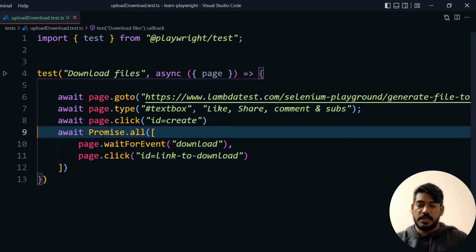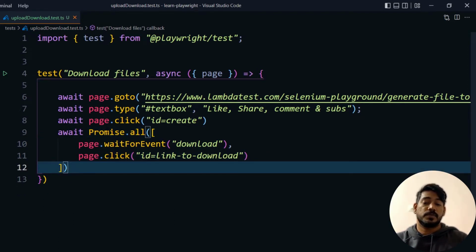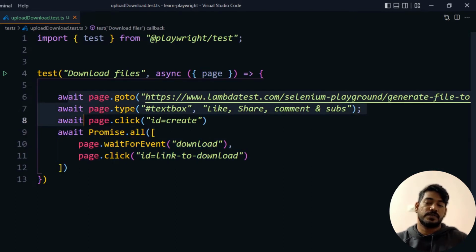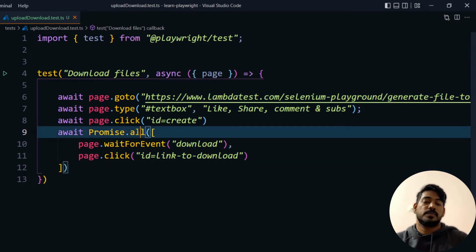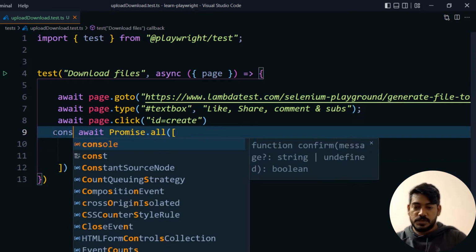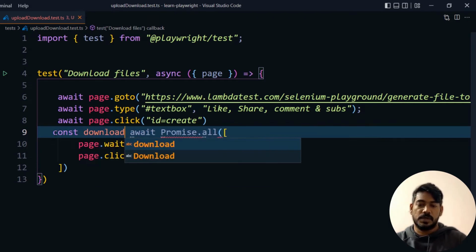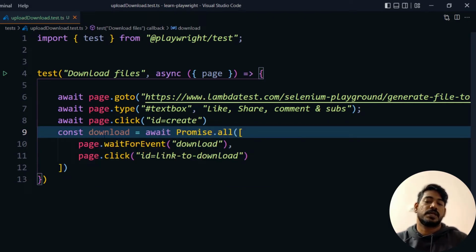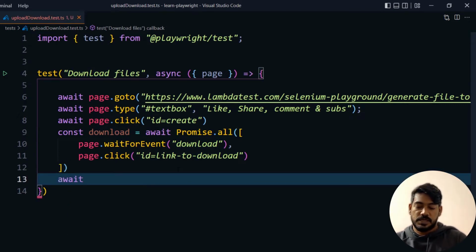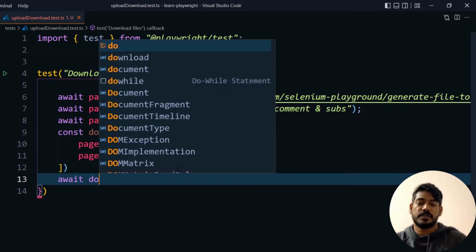Always make sure that within the Promise.all we should not use await. Here you can see that everywhere else we are using await, but within the array of Promise.all we should not use the await keyword. This is going to give me the download, and I'm going to store that in the name of download. Now here I can select await, followed by download